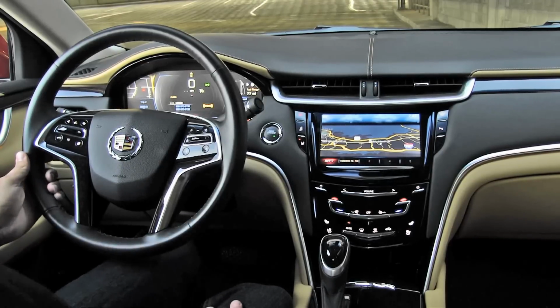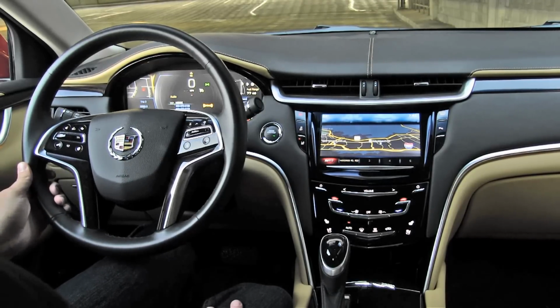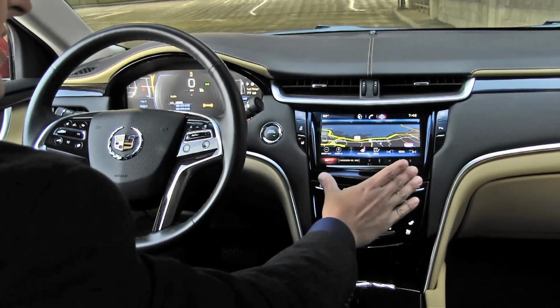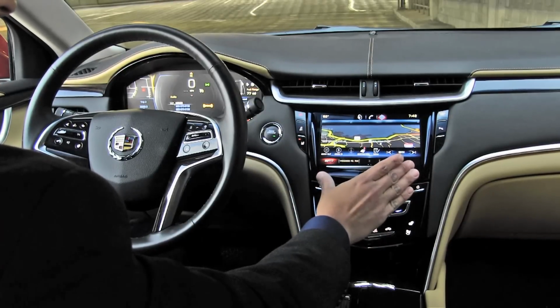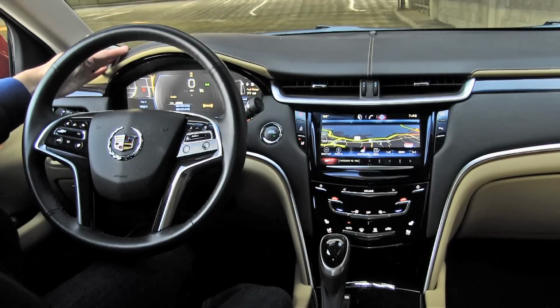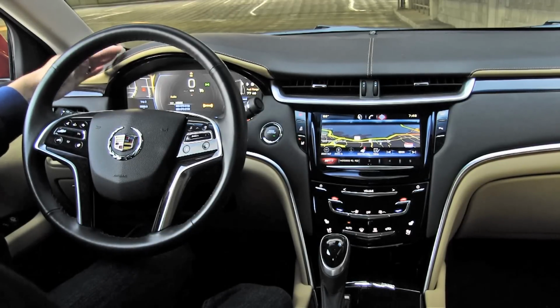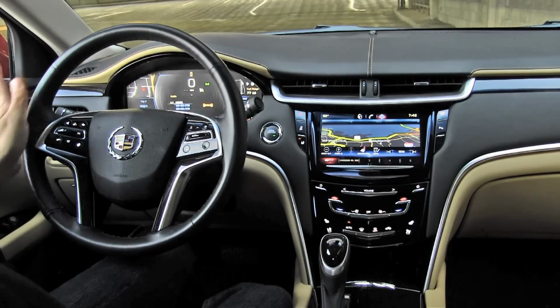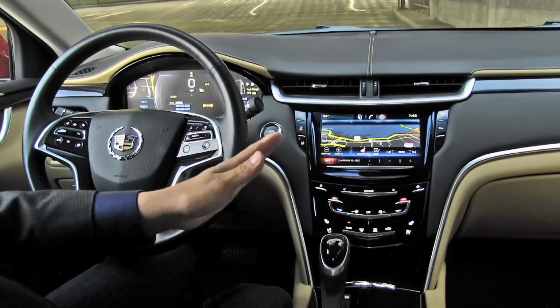Cadillac has dubbed their new infotainment system Q, and in our particular XTS model, it combines this large touchscreen navigation system here, an infotainment unit, with this enormous LCD in the dash that replaces the entire gauge cluster. So let's take a look at these pieces separately. First, we're going to take a look at the gauge cluster, then we'll move over to the infotainment and navigation